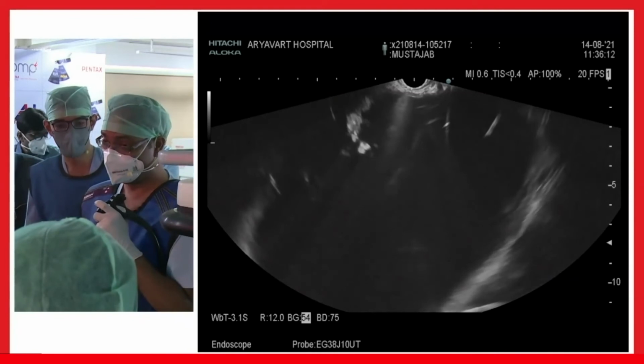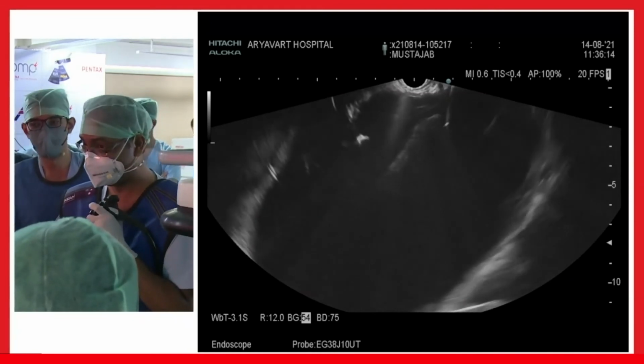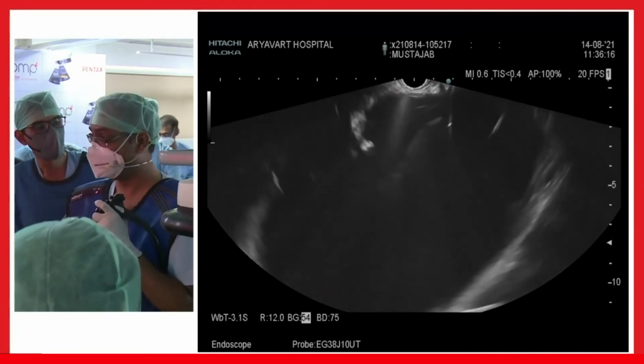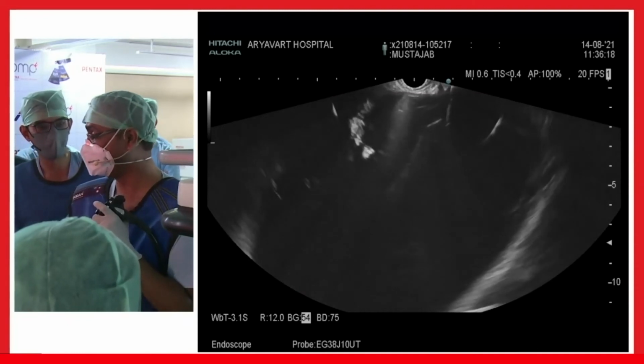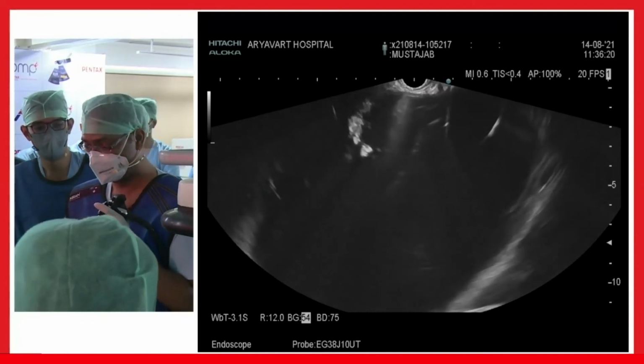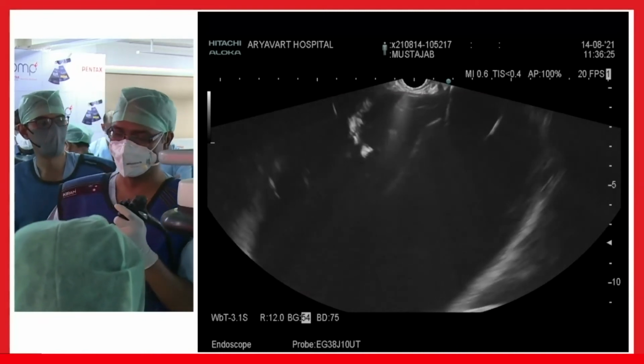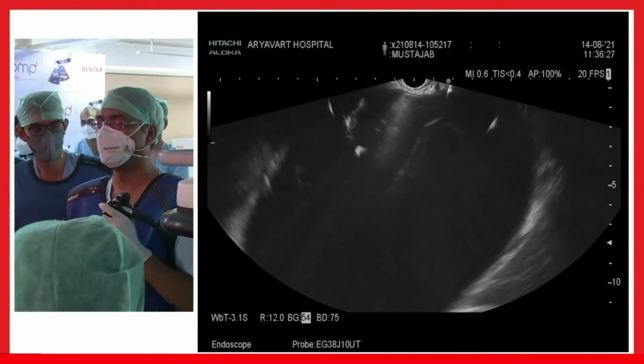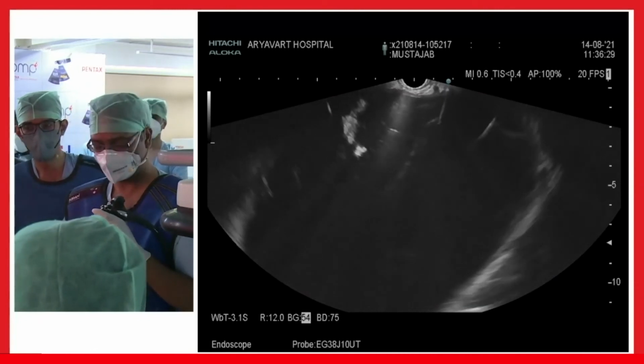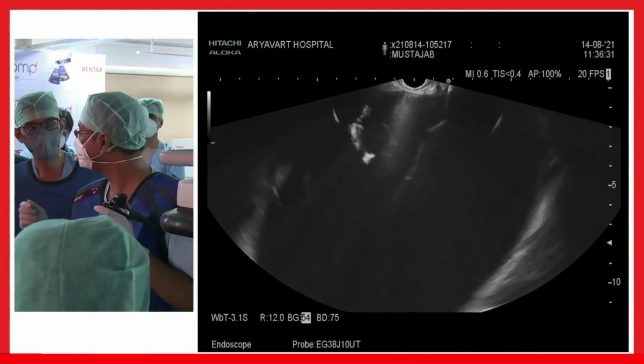So then what would you do? That is one of the most difficult situations you faced. Yes, but the wire is still in place, so then you can maneuver your scope to the previous position. The one wire you can give to another person to hold. So now what I will do, you have a stent, please.